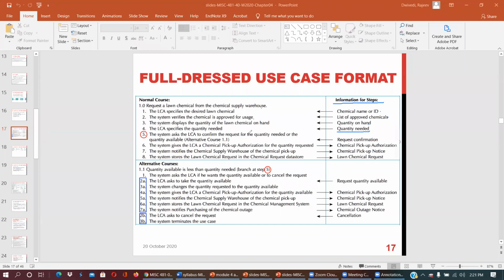The system asks the LCA to confirm the request for the quantity needed against the quantity available. Here, request confirmation. The system gives the LCA a chemical pickup authorization from the quantity request. The system notifies the chemical supply warehouse of the chemical pickup notice. And the eighth step is the system stores the chemical request in the chemical request database. Now the fifth step is further,